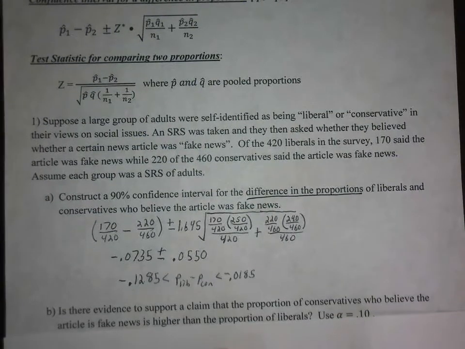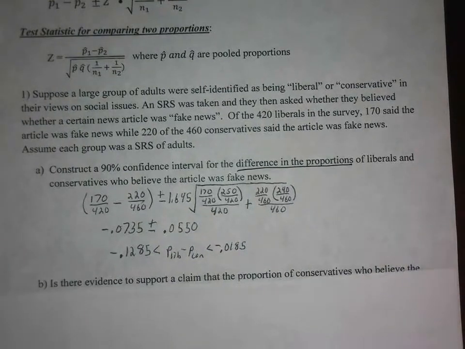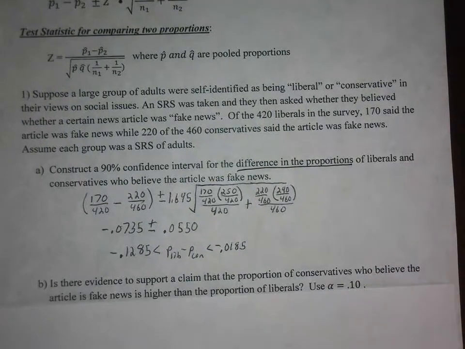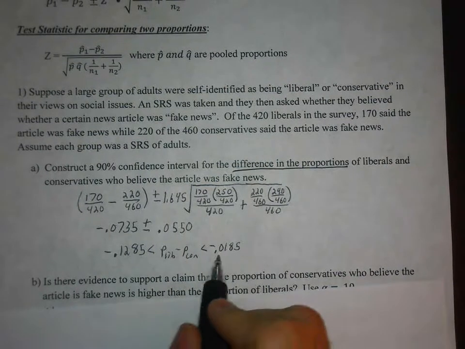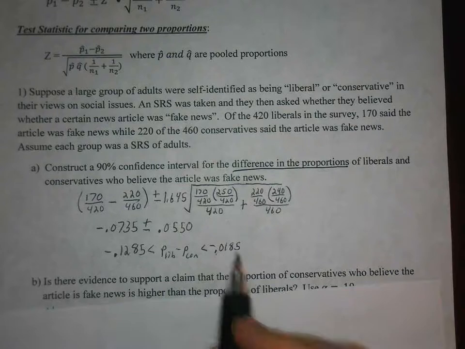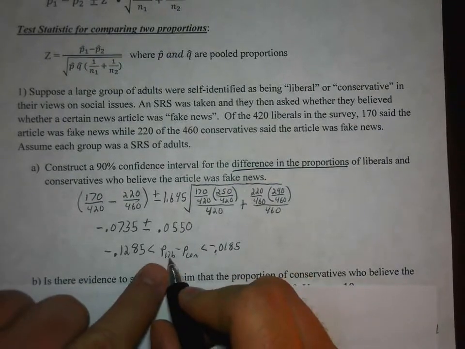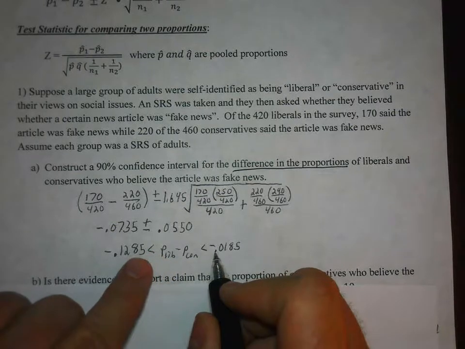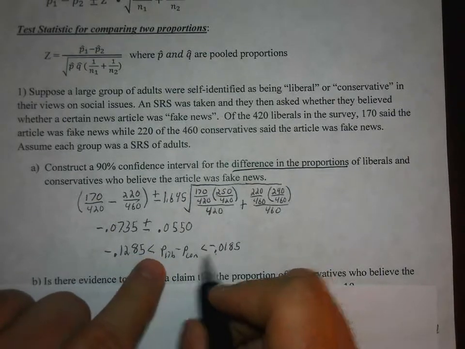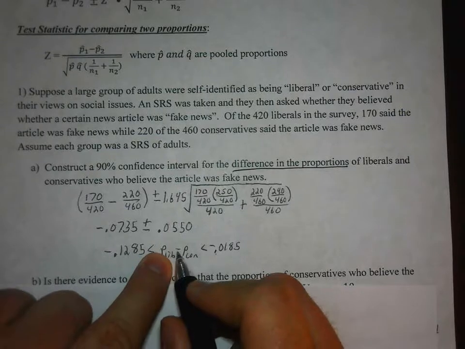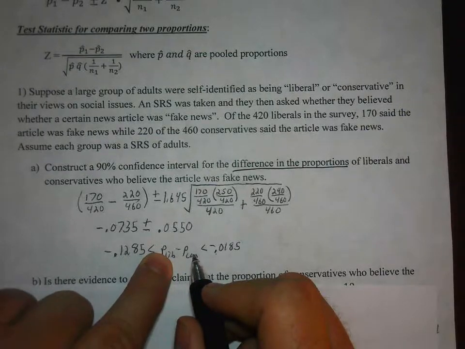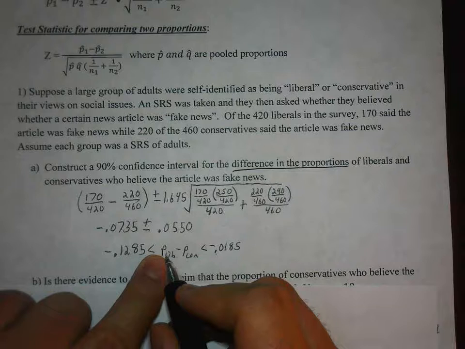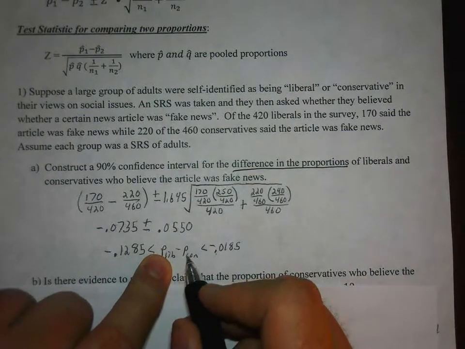Okay, now just as before, you should always think about, well, what is that telling us? Well, the fact that both of these are negative would lead us to believe that when you subtract the liberal minus conservative proportions to end up with negative answers, that means you had to do a smaller minus a larger number. So that implies that the proportion of liberals who thought it was fake news is less than the